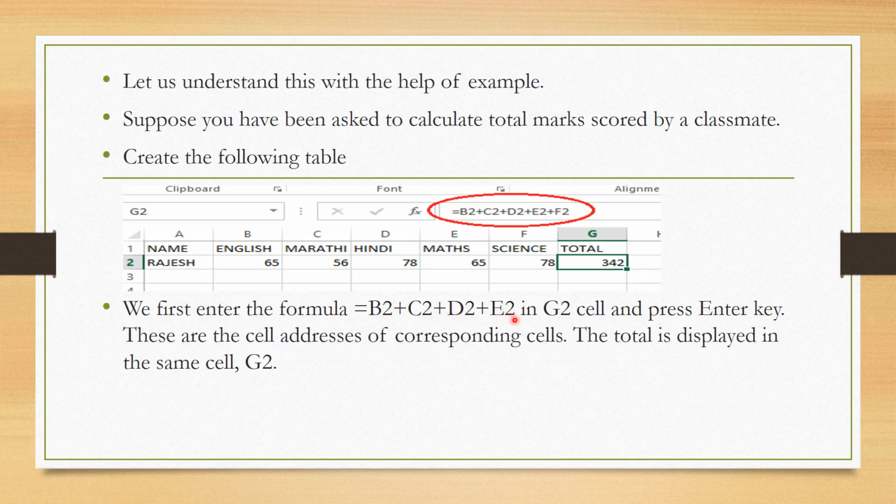Okay, in cell G2, we'll type the same formula and press enter. Then we'll get the total marks of the corresponding subjects of the student named Rajesh. So students, let us see the same example in the live demonstration.